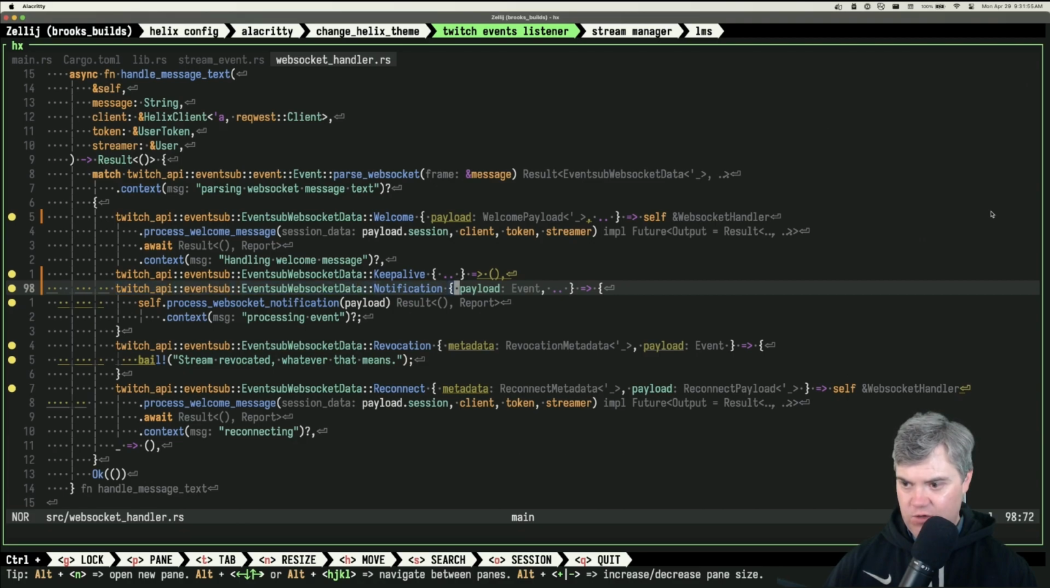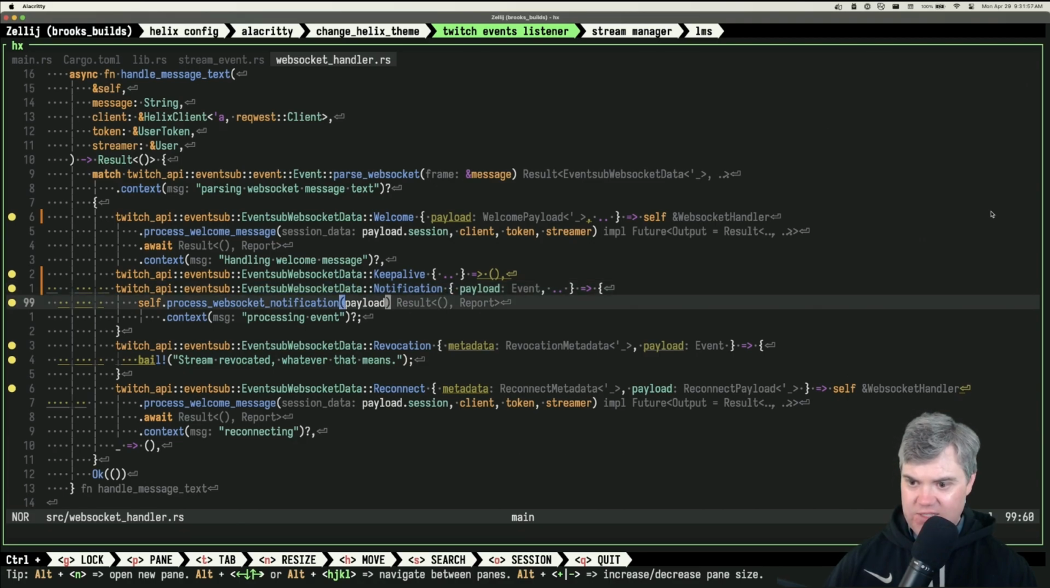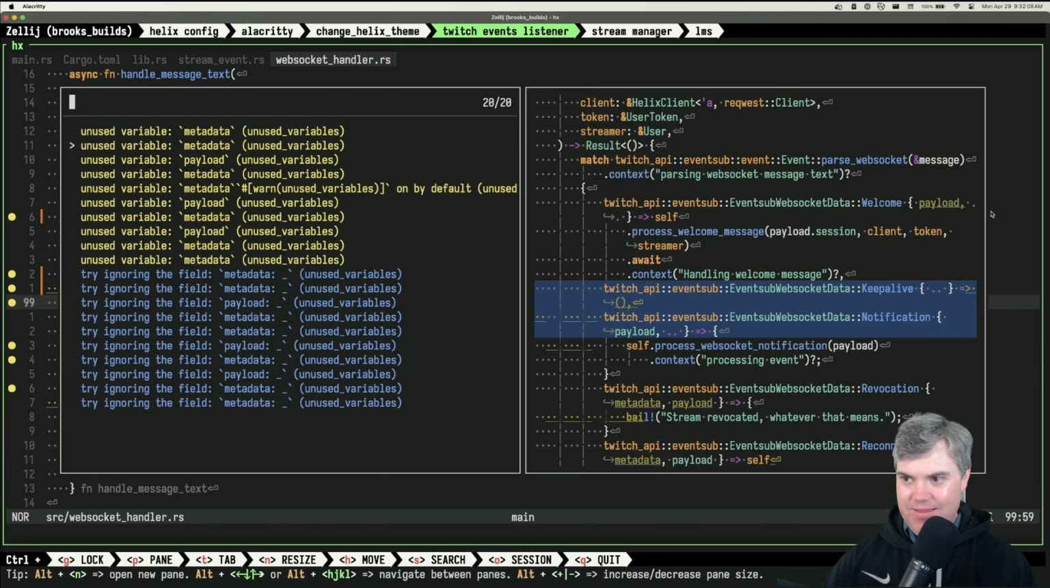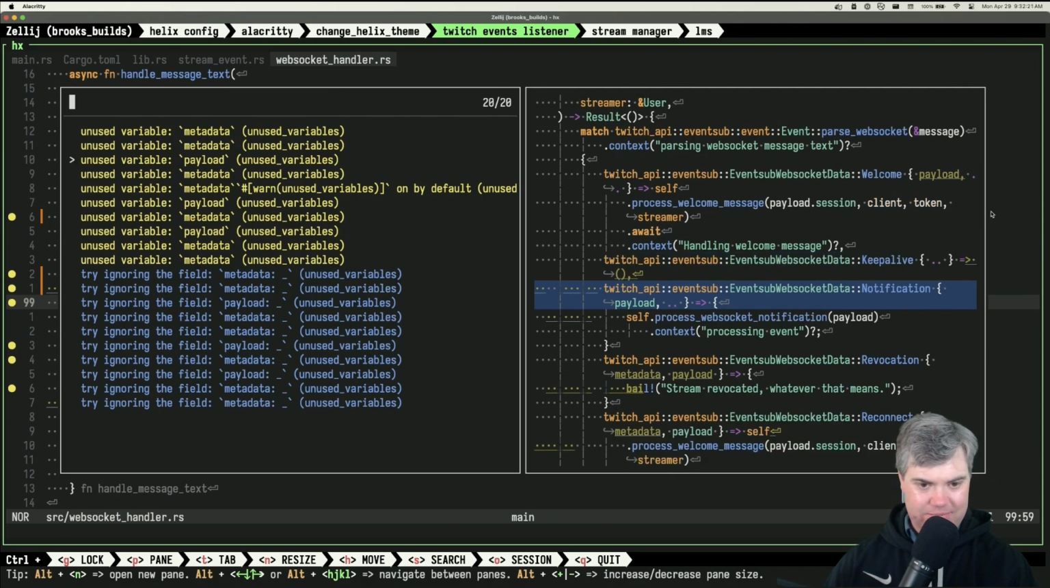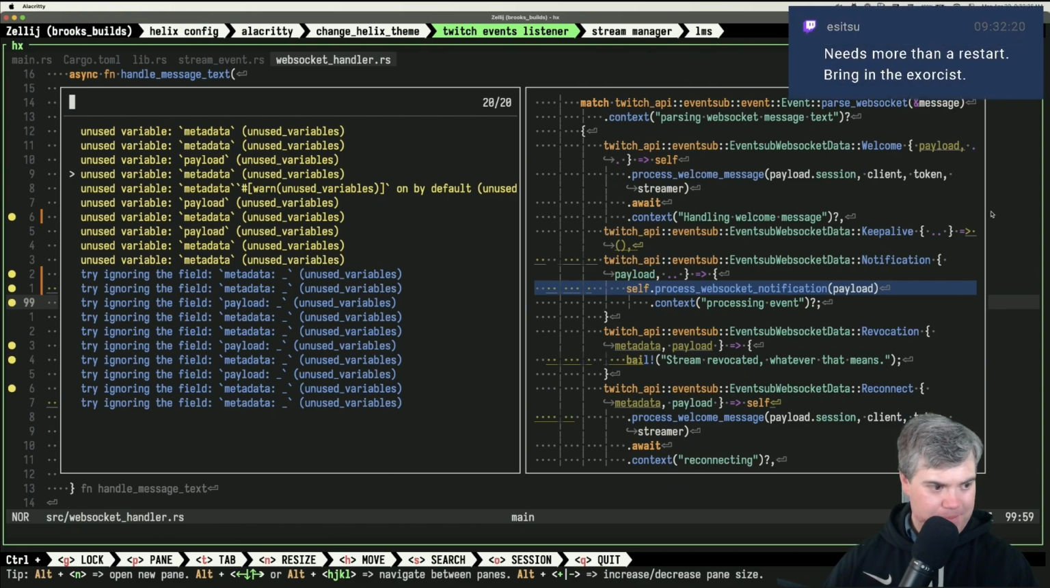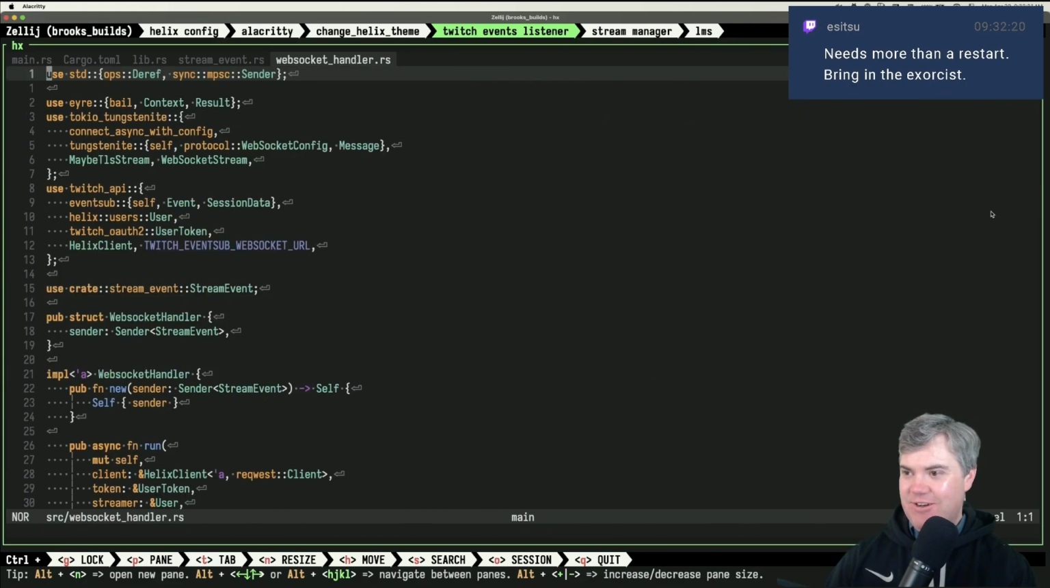Unused variable payload, except I'm literally using payload right here from that payload. Why do you do this? And you think that it's multiple lines? I don't know. I'm thinking about just turning off unused variable. Needs more than a restart. Bring the exorcist. Okay, I am going to go ahead and just